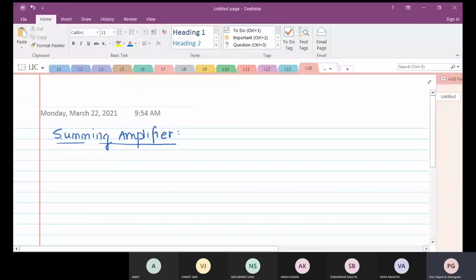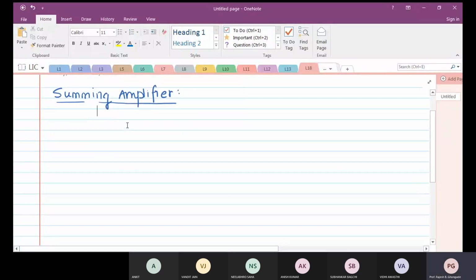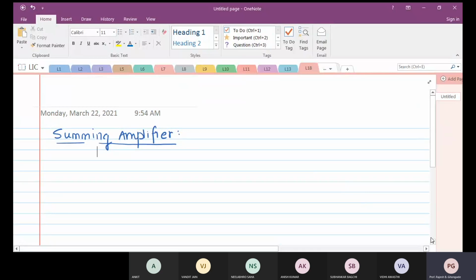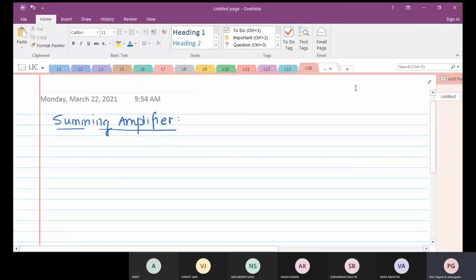So today we will see the summing amplifier. We are already into the linear applications of operational amplifier. Last time we had seen the design of inverting amplifier, both AC as well as DC. In a similar way, non-inverting amplifier design, both AC as well as DC. And we finished off with what is called a peaking amplifier. That is what we had done last time.